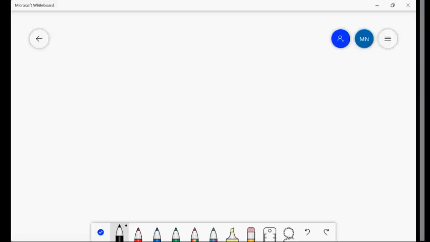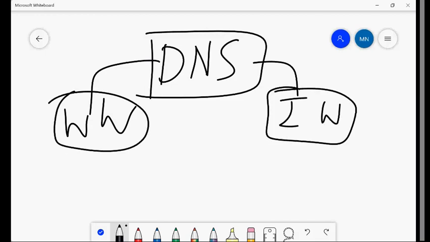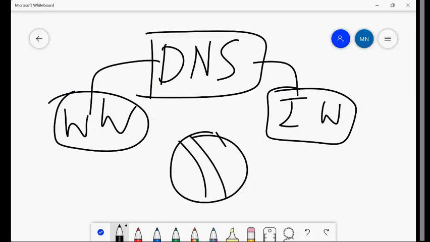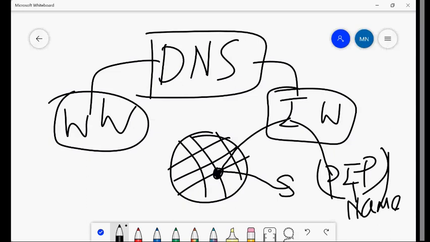DNS itself, right? When you say DNS, this DNS is used in both ways. In the Windows world we use it, and in the internet world also we can use it. Internet means your service wants to participate in the internet world, like this is my service, and if I want to host my service on the internet, then I should purchase an internet-based public IP, and this public IP will have a name, and that name is resolvable by DNS, like wilmartech.com.